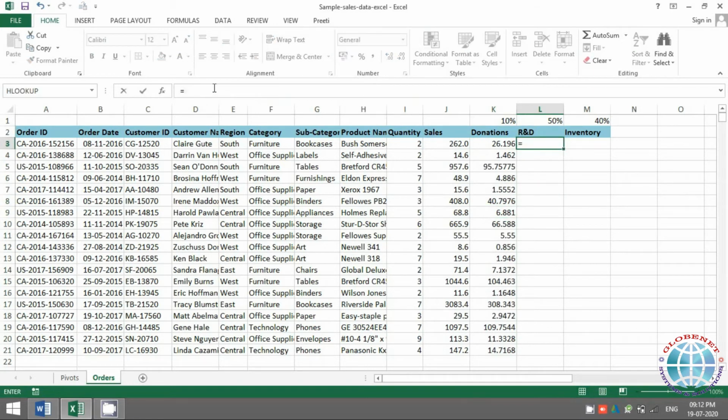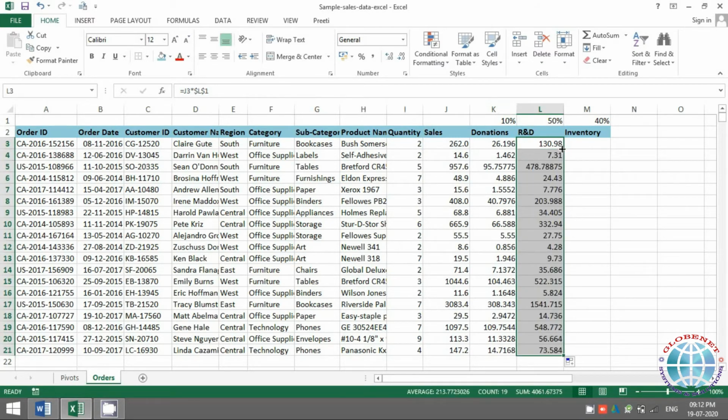Similarly, let's say I write a formula here and I'll say into, and I'll select this value. You either manually put the dollar symbol, like $L, $1, or you press F4 by selecting it. Just select this part and press the function key F4. Okay, I'll just drag it. So this is how it works.